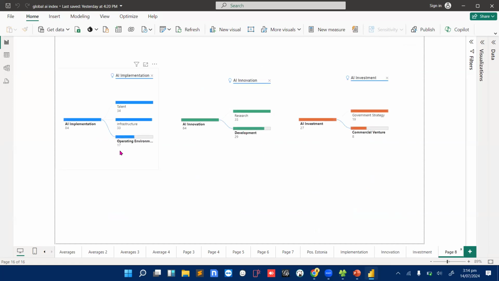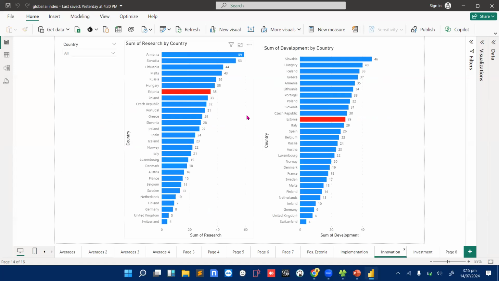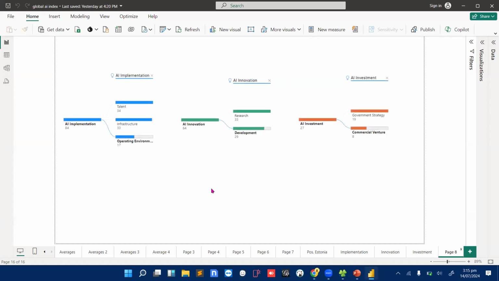So I now decided to look at the data in terms of AI implementation. And this is their index for talent, infrastructure, and then operating environment. So before I decided to use this particular visual, I was honestly confused. I didn't know which visual to use, whether to present the data in a format like this, or I should use a different visual to present it like this.